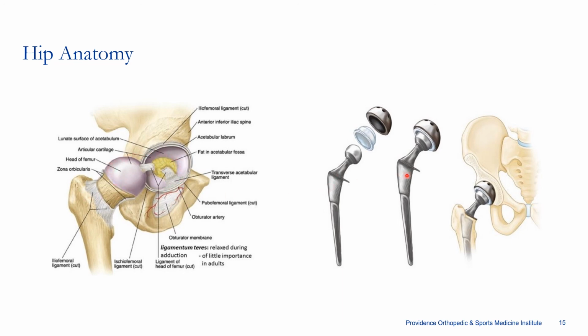We do that using these components. We do that by removing this damaged ball at this area so that we can insert this stem into the bone. The purpose of this stem is to hold the neck, and the purpose of the neck is to hold this ball. This ball now reproduces this ball that was removed. On the acetabular side, we need to recreate a socket with cushion. So we will put this titanium cup into the pelvis, and then we will put this polyethylene liner. This polyethylene liner acts as the substitute